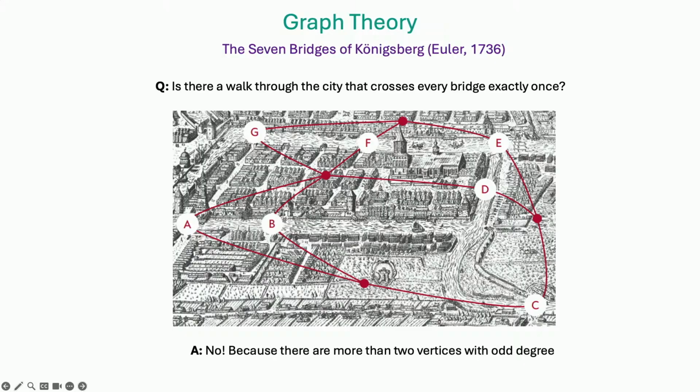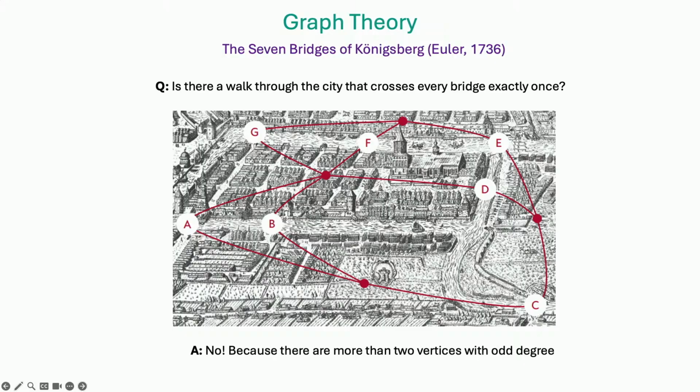And this is the problem that laid the foundations of graph theory, because Euler noticed that the land masses themselves and the distances between the lands don't actually matter, right? The only thing that matters is the sequence of bridges being crossed, right? And so only the connectivity information is relevant. So this was the first